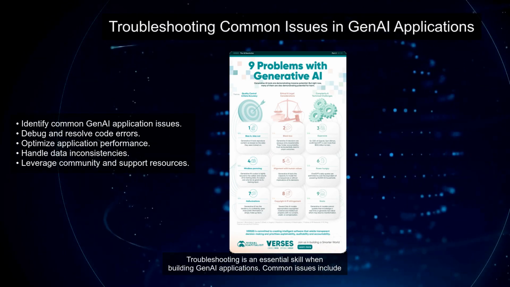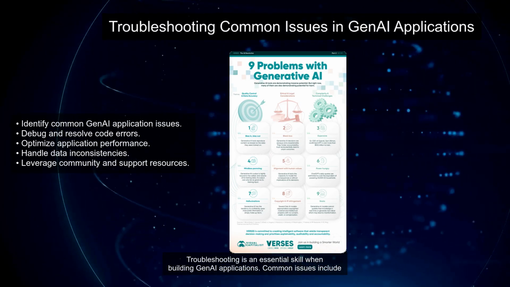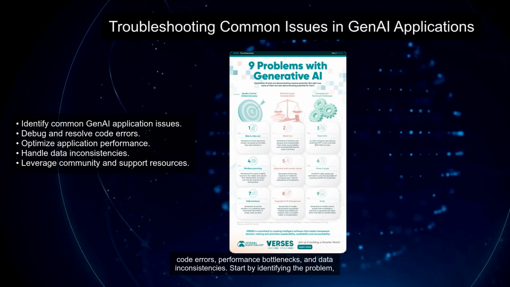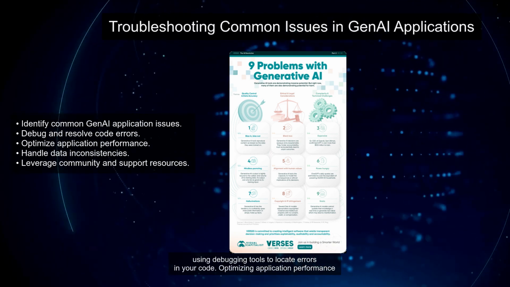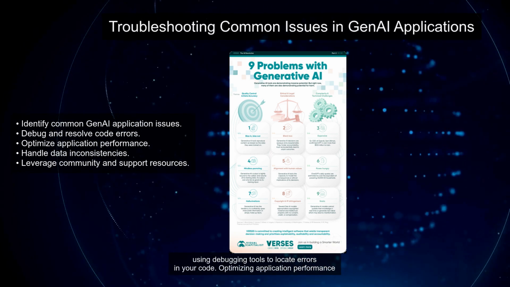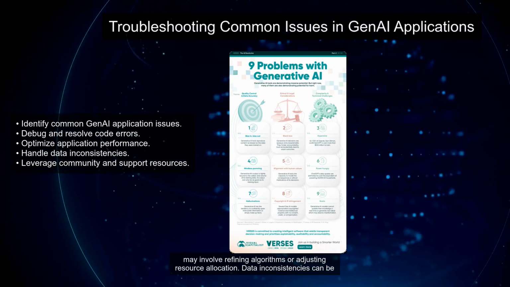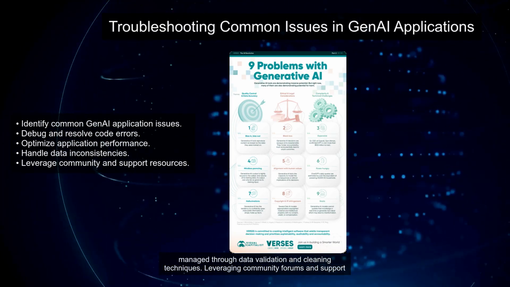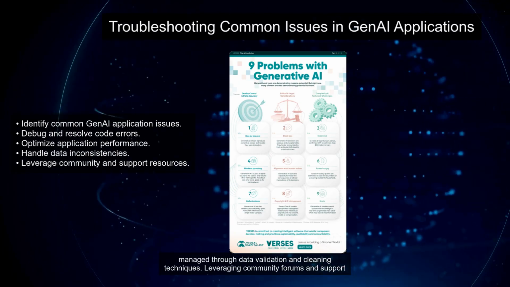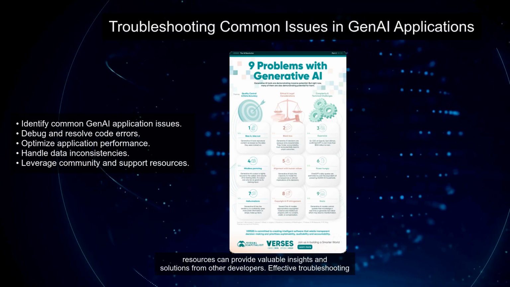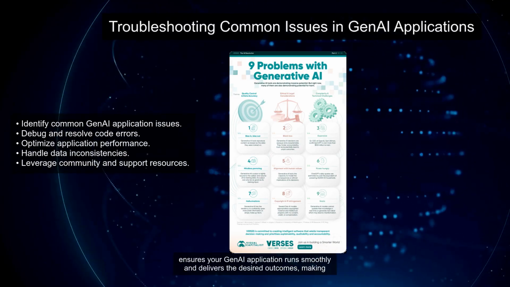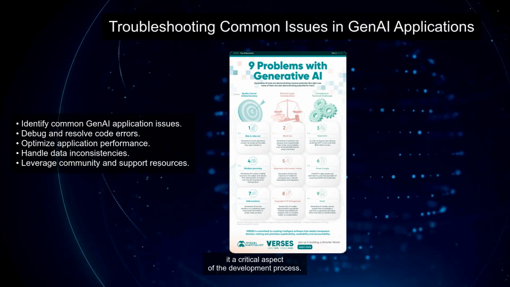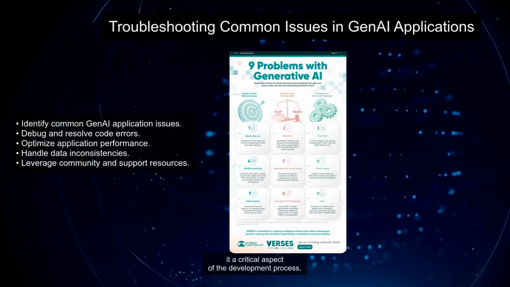Troubleshooting is an essential skill when building GenAI applications. Common issues include code errors, performance bottlenecks, and data inconsistencies. Start by identifying the problem, using debugging tools to locate errors in your code. Optimizing application performance may involve refining algorithms or adjusting resource allocation. Data inconsistencies can be managed through data validation and cleaning techniques. Leveraging community forums and support resources can provide valuable insights and solutions from other developers. Effective troubleshooting ensures your GenAI application runs smoothly and delivers the desired outcomes, making it a critical aspect of the